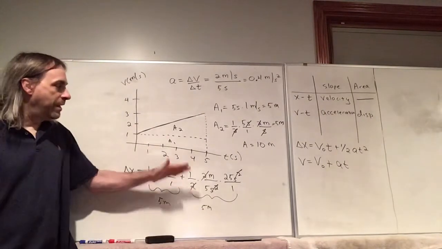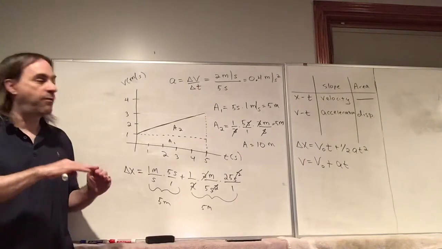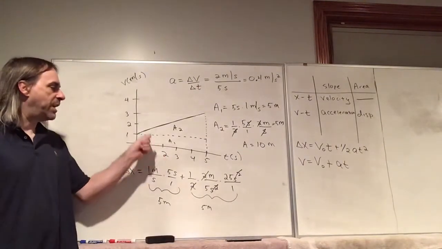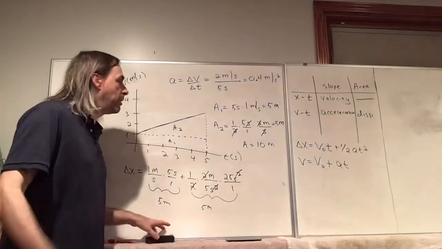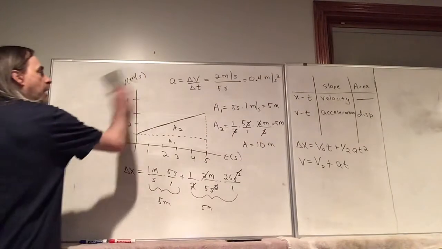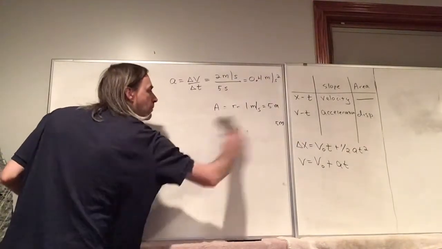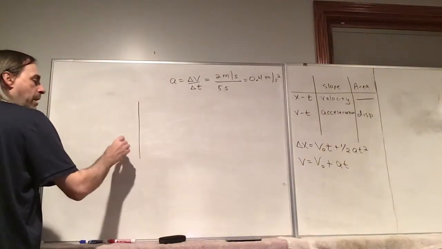The area underneath this curve still gives us the displacement, just like it did for the constant velocity case. And if we can establish that's true for rectangles and triangles, you'll see if you take calculus, or if you have taken calculus, that the area under a curve, by definition,